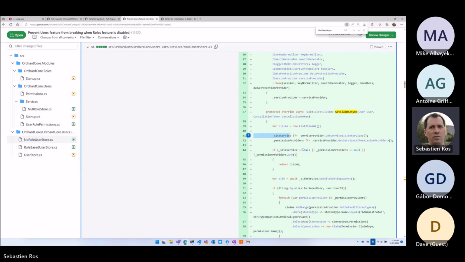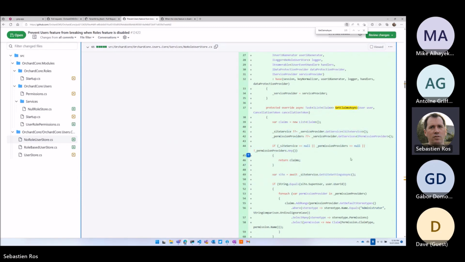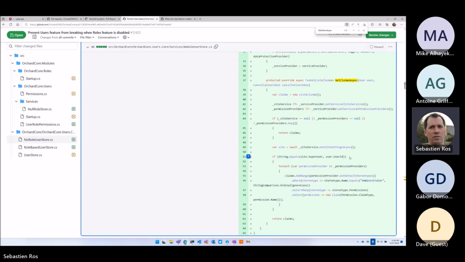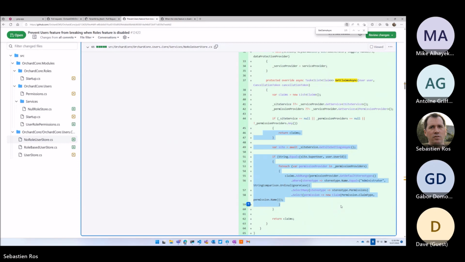Okay, so probably this logic is in the roles module right now. And because it's not enabled, then this logic is not executed automatically on the user. So what is that? Permission provider. So I'm pretty sure that wherever you pick this code from, in the roles module,